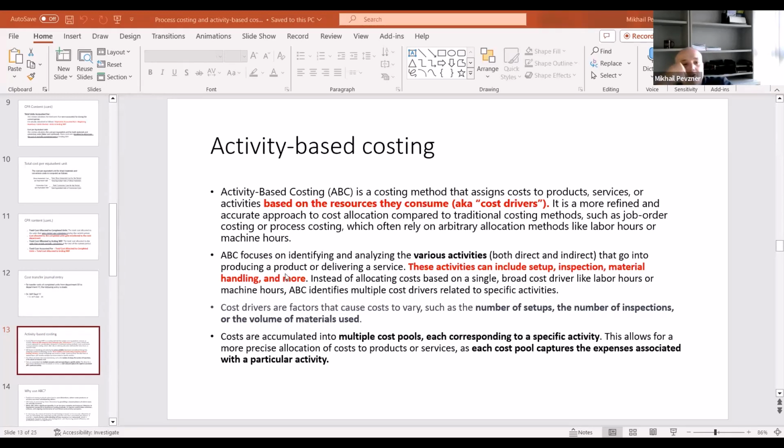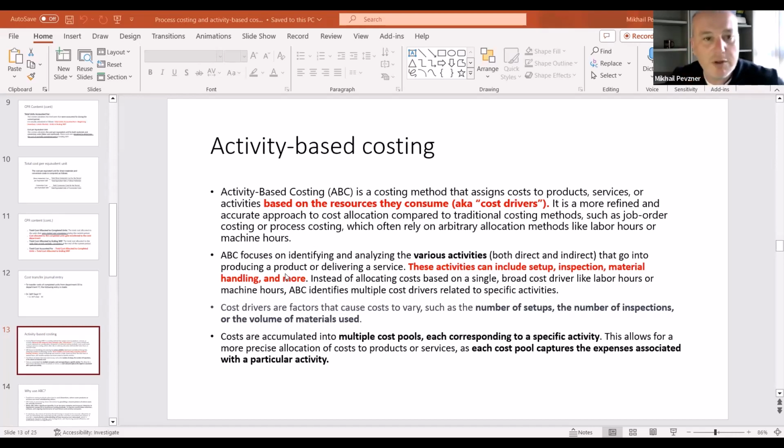Now, this is very manufacturing focused. It doesn't have to be, right? Because in a service organization, you won't necessarily have any machines. But whatever is the driver of an activity, it might be the number of customers. It might be the number of setups. It might be the number of students. It might be the number of buildings, what have you.